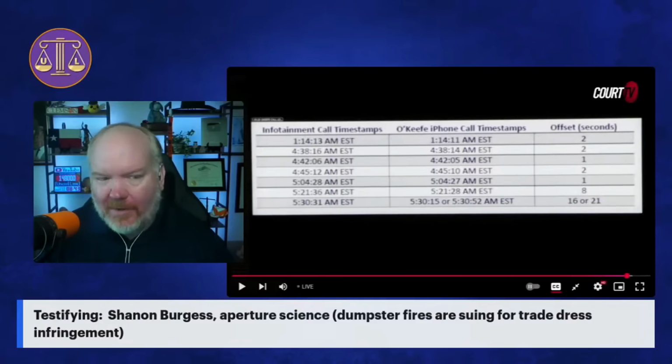So if the clocks are offset by, say, 5 seconds, then okay, but they'd be consistently off by 5 seconds, right? It shouldn't be that sometimes they're off by 2 seconds and sometimes they're off by 1 second and sometimes they're off by 8 seconds and sometimes they're off by 16 or 21 seconds. That doesn't make sense. That makes no sense. Why would you need to change the variance between events with respect to the same clock? That makes no sense. If you can explain this,